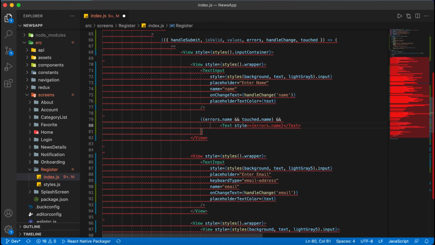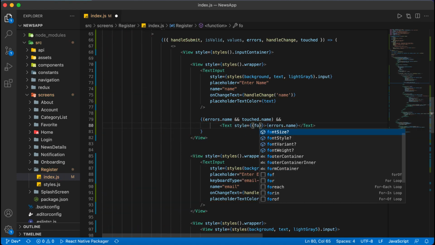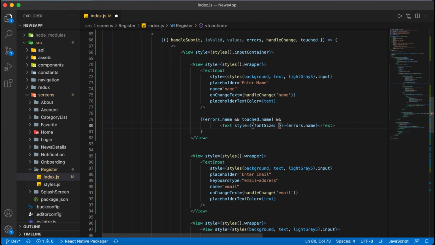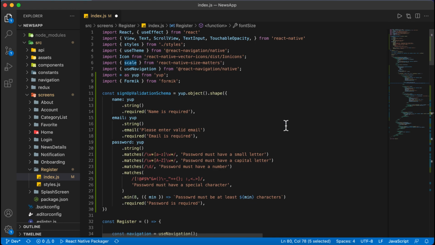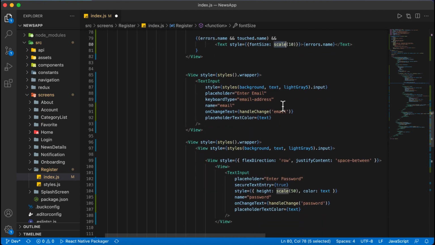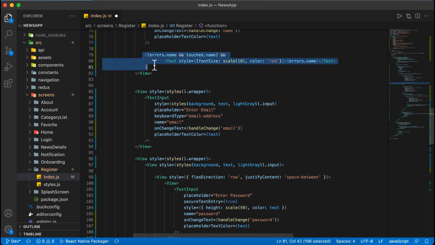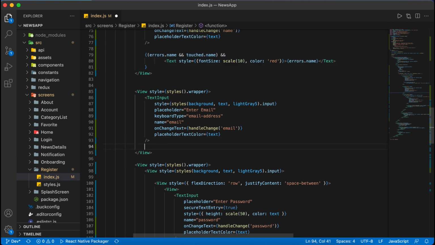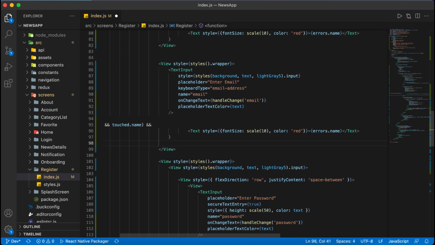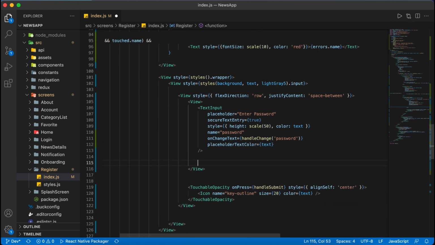So font size will be 10 inside the scale. Let's put it inside the scale. Scale is coming from React Native size matters, you should know this. And the color property, and the color will be red. So this is for name. Also I will paste it for the email here, and also for password.